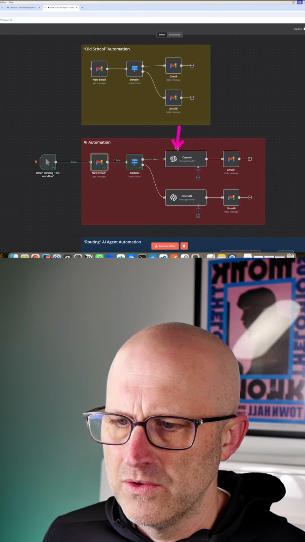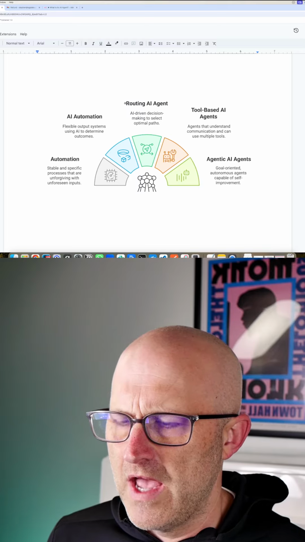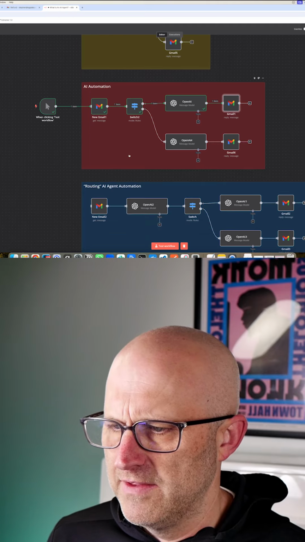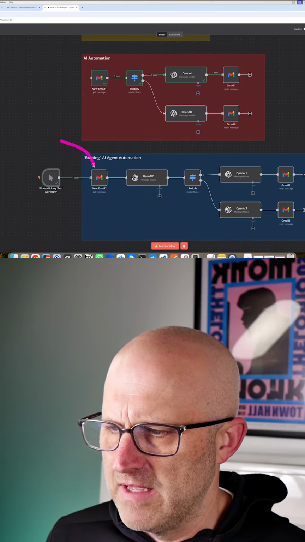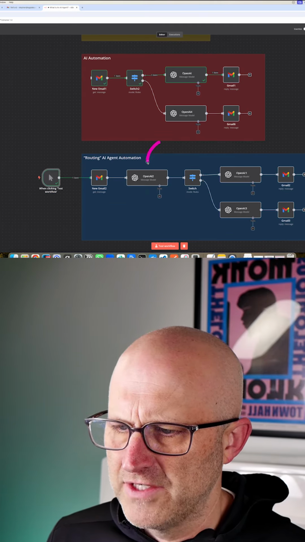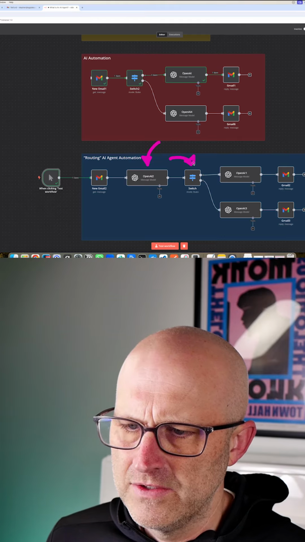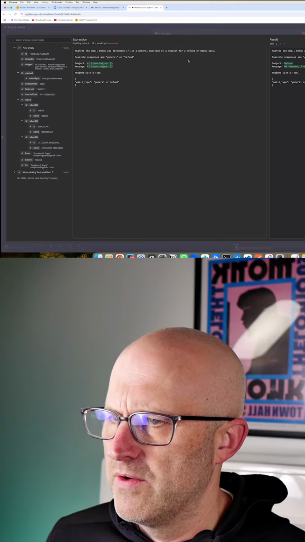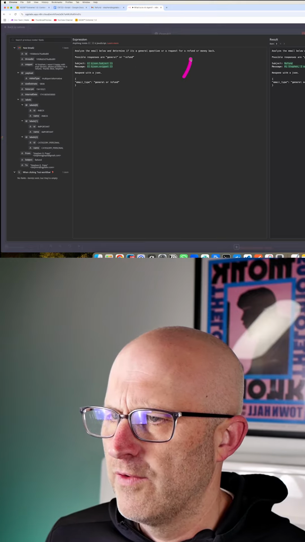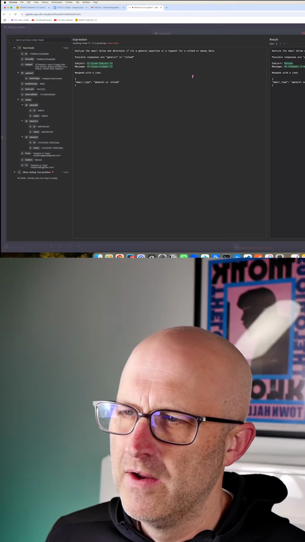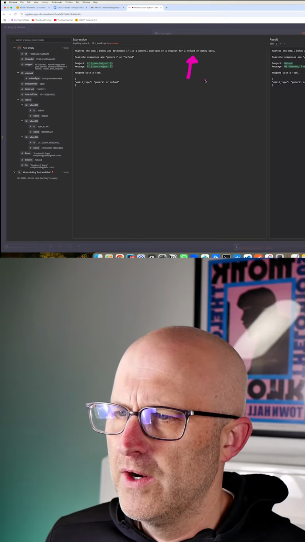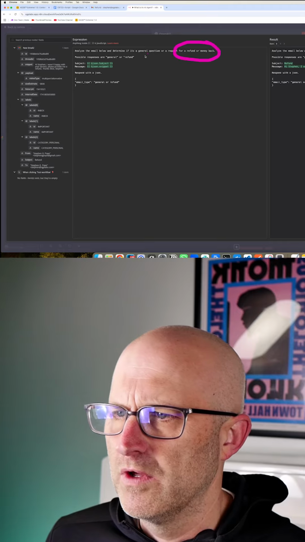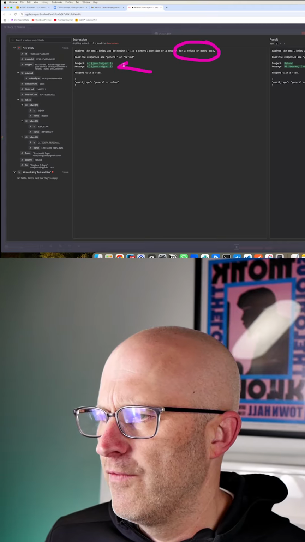Now it's when we get into the routing AI agent that we actually start to develop an AI agent. So let's take a look at this example here. As this email comes in from Gmail, we're actually analyzing it before we send it into the switch module. So you can see here that the AI is going to be able to determine whether or not this is a request for a refund or a question. And beyond that, it doesn't matter whether they use the term refund or money back or however they ask it. The AI is smart enough to see what we're looking for